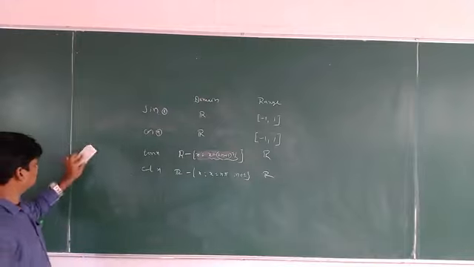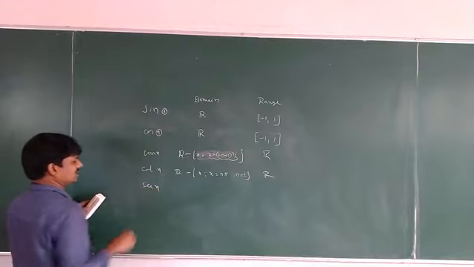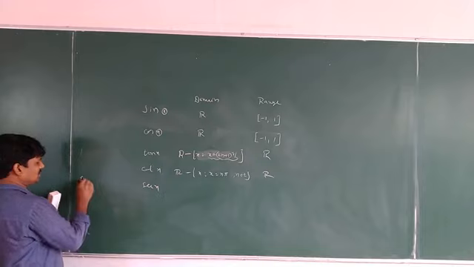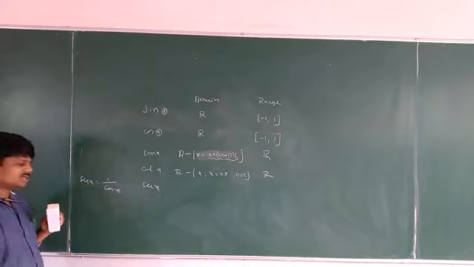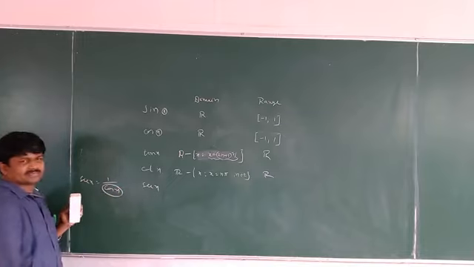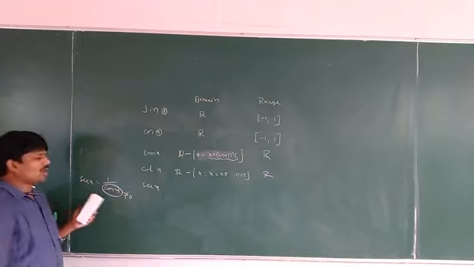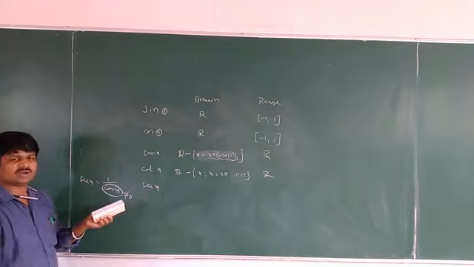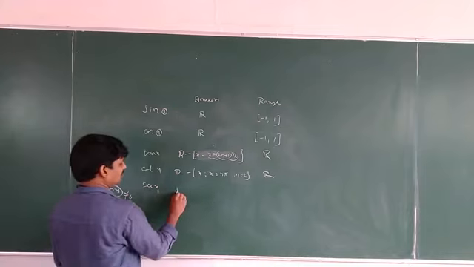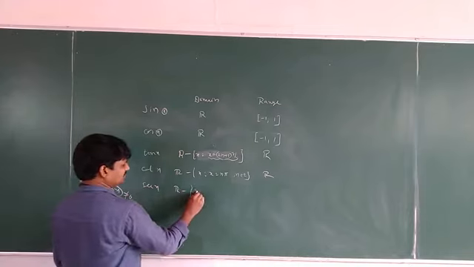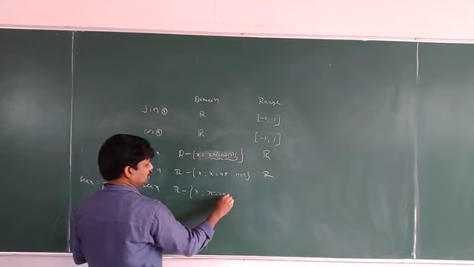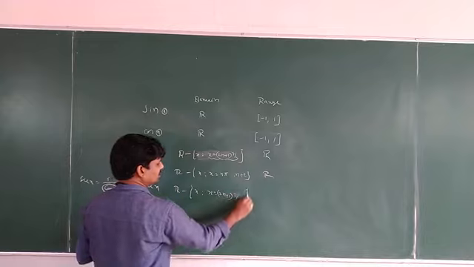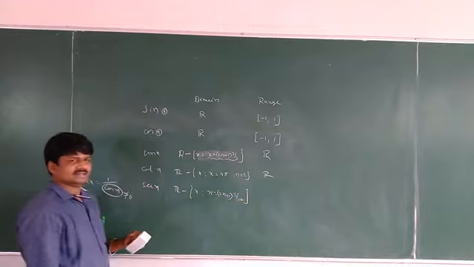Okay. Next, secant x. Secant x also, what is that? Secant x is equal to 1 by, what is the formula? 1 by cos x. Here also the denominator must be not equal to 0. Cos x must be not equal to 0. So we have to remove from R those values which give cos 0. So that is also from R minus, what is that one? X is the same only. X is equal to 2n plus 1 into pi by 2. Okay. Yes. It is the domain.